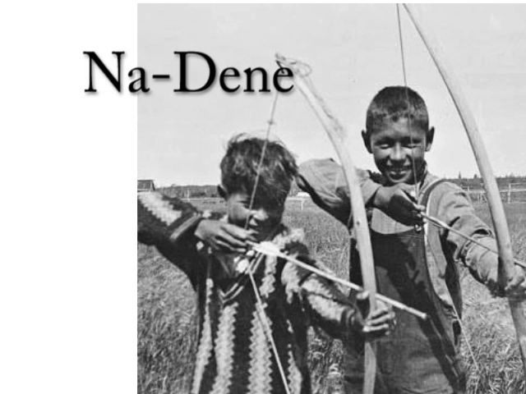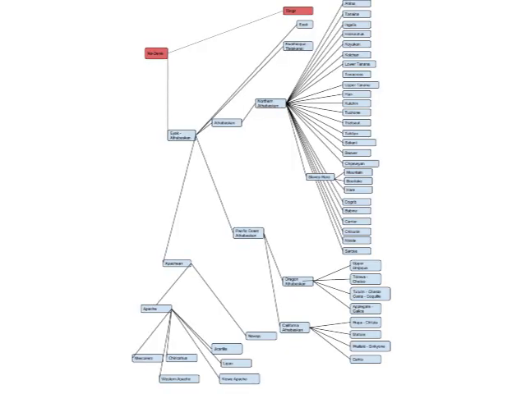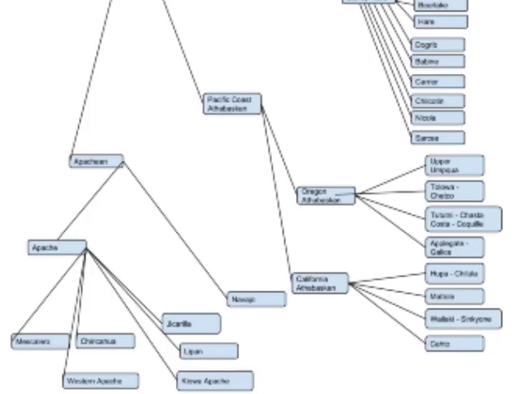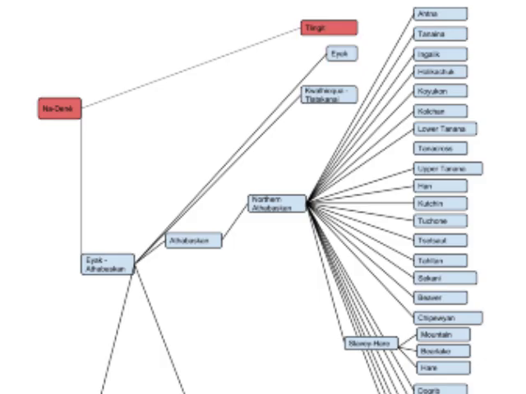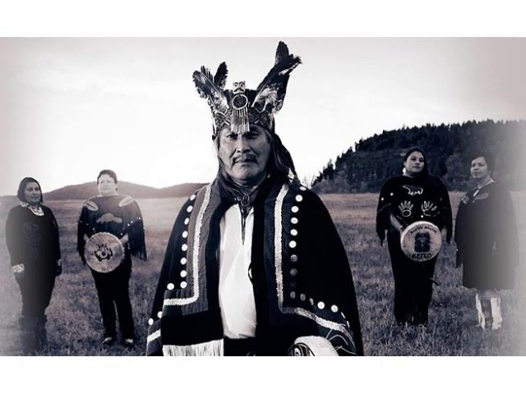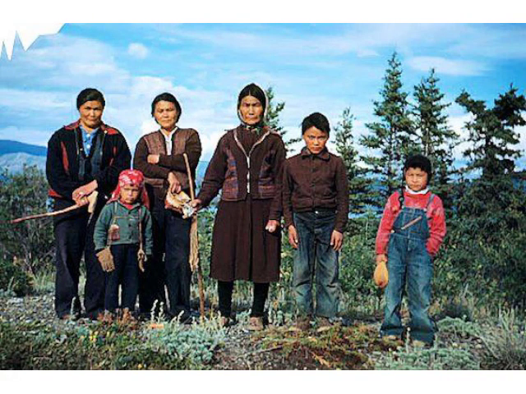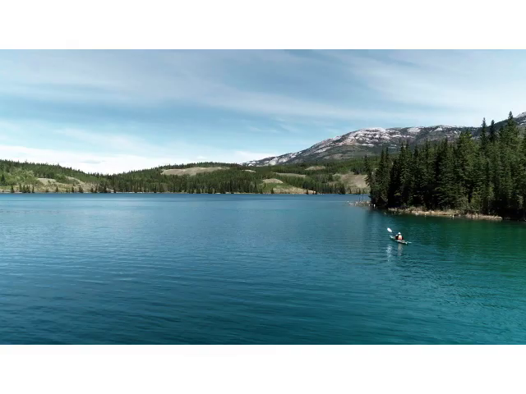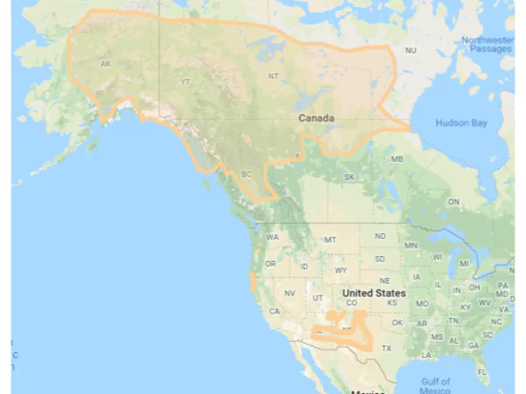Another group in this area is Na-Dene. Na-Dene has two main branches, being Tlingit and Eyak-Athabascan. Haida was once placed here, but it's no longer considered to be part of this group. And actually, even Tlingit's placement in this group is considered to be controversial. If Tlingit is to be removed, then we would just be left with Eyak-Athabascan. The geography of these languages is found from Alaska to western Canada, and one subgroup actually